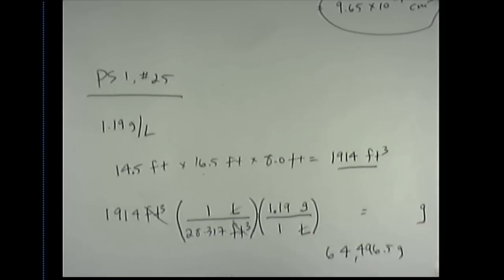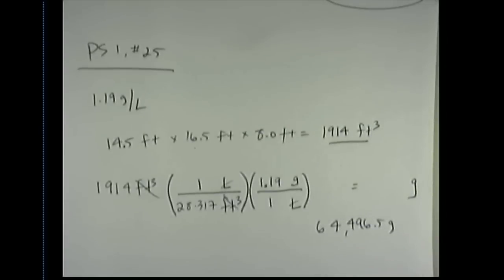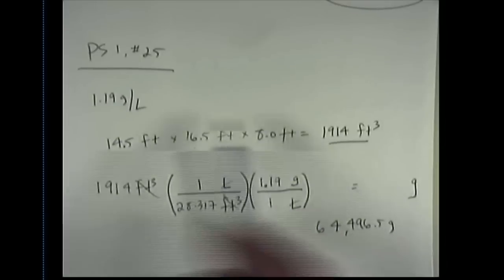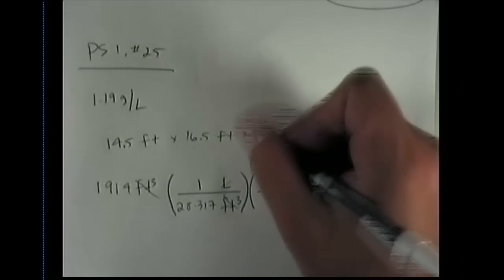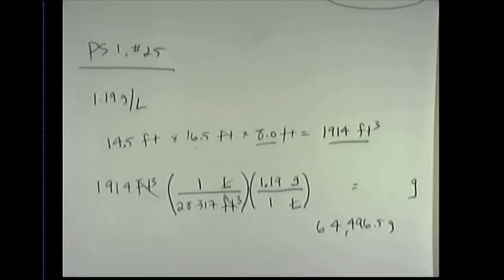64,496.5 grams. Now, obviously, I need to make sure that this final answer is expressed with the proper number of significant figures. You'll note, however, that as I look back at all of the values that I was originally given in this multiplication problem, the value that had the smallest number of significant figures was that one. It only has 2. Everything else had 3 or more. Hence, my final answer had better be expressed with only 2 significant figures, which, if I round, is